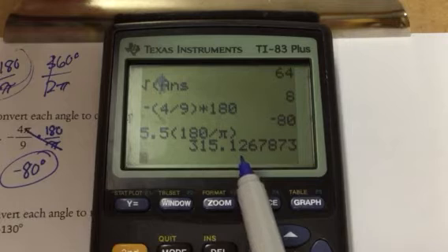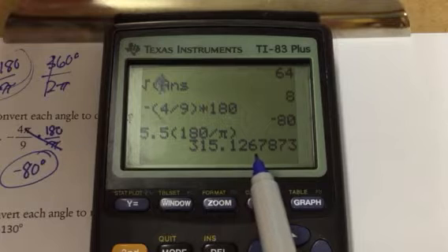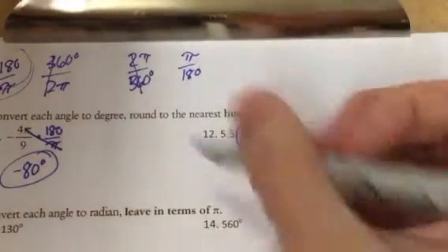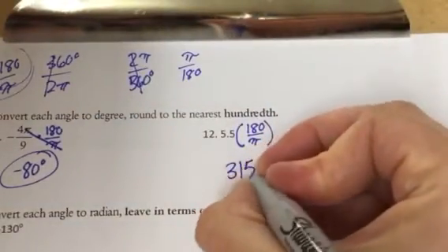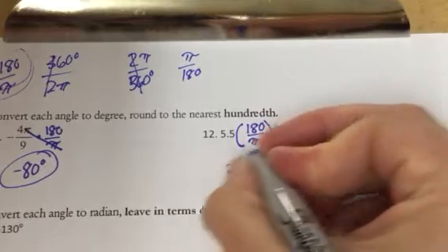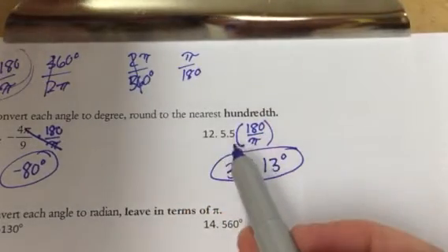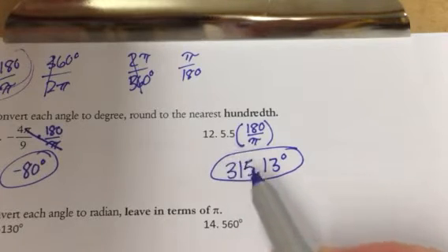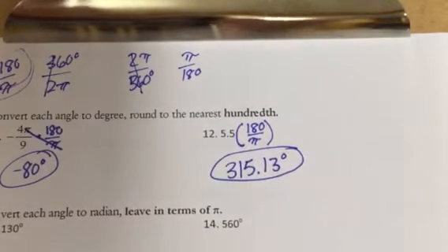So the hundredth is the second decimal place, so we're deciding, do we keep it at 2 or do we go up to 3? Because of this 6, 5 or greater, we have to go up, so it's going to be 315.13 degrees. Okay, 360 is 2 pi, which is 6.28, so it's getting close to 360 at 5.5,